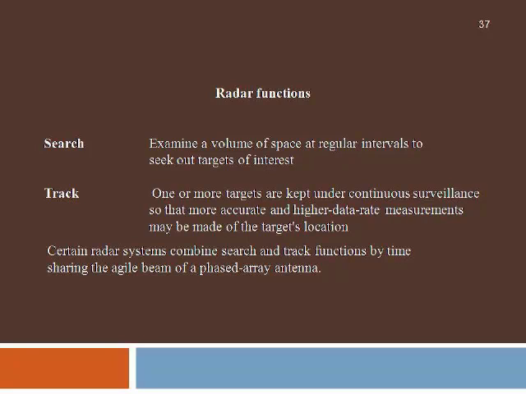We need to get the information of this target on a continuous basis. So a high data rate is required about this particular target at different times so that we can predict its future position and eliminate that very effectively. So certain radar systems combine the search and track functions by time sharing the agile beam of a phased array